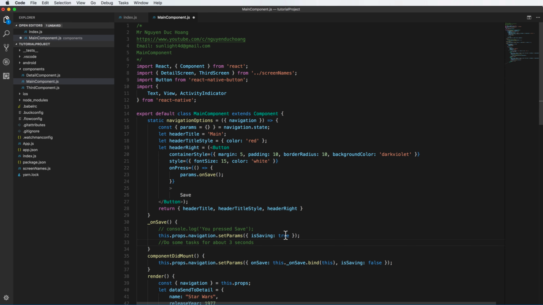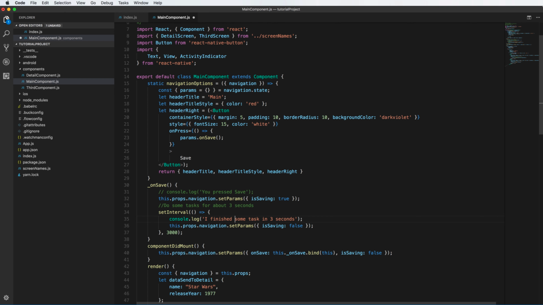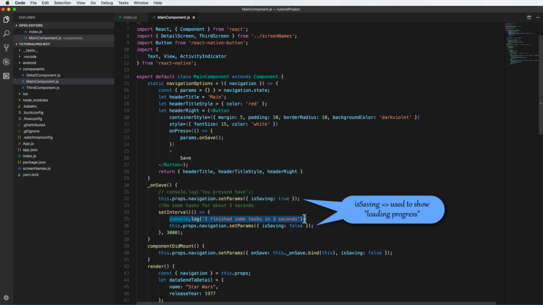Firstly you must set the parameter isSaving. isSaving is true or false. isSaving true means that you are prepared to do some tasks, and after the task finishes you set isSaving to false. So this is how to manage the task, and you can show the loading progress to allow the user to see that the task is being done. You can use an activity indicator,